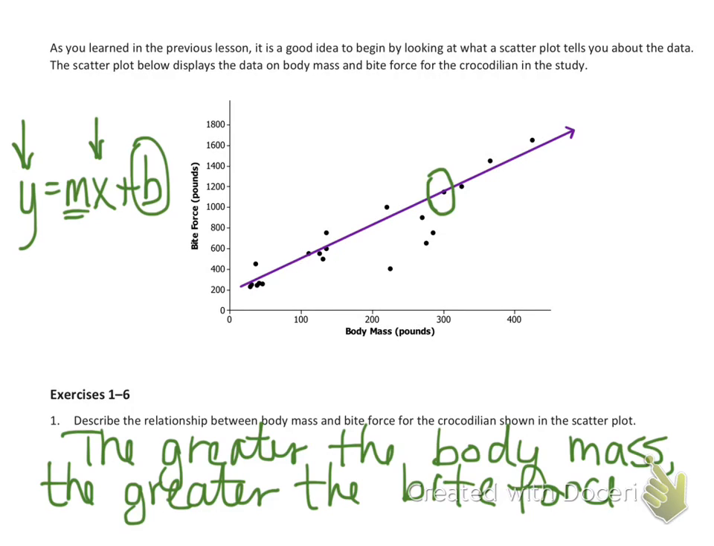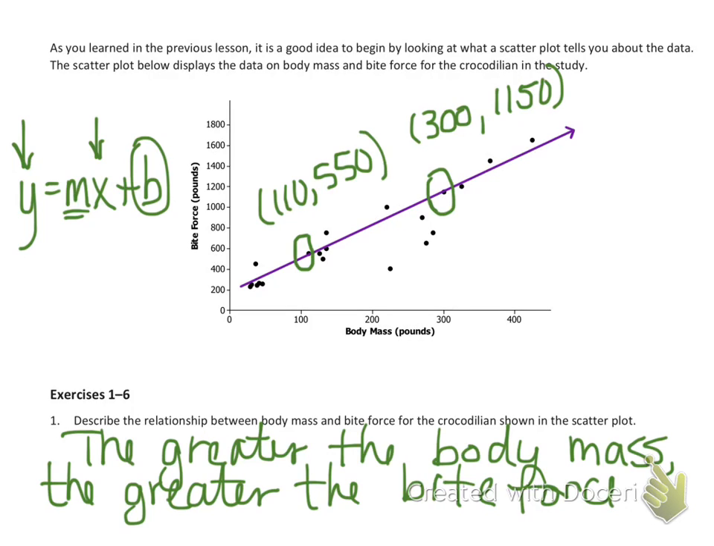Okay, so you've had some time to work on that. So I'm going to show you my process and see if it matches yours. I'm going to use these 2 points because my line pretty clearly goes through those points. I looked them back up on the data table: 300 and 1150, and this point down here is 110, 550. Those are 2 ordered pairs on a line, and from those 2 points I can get the